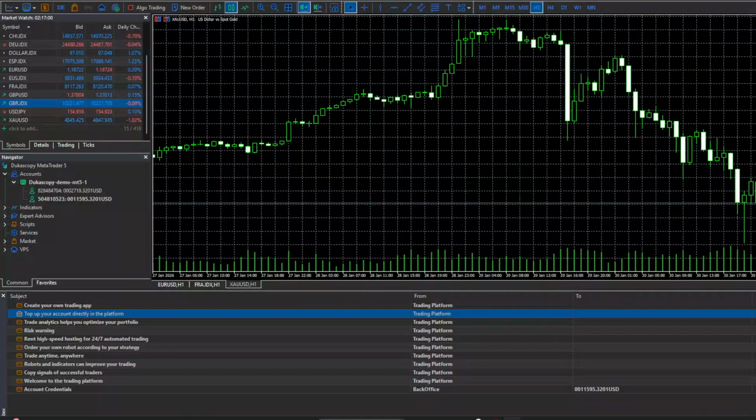Today's video, I'm going to teach you how to change server in MetaTrader 5. This is a really useful skill if you're switching brokers, moving from a demo to a live account, or simply need to connect to a different trading server for better stability or execution. I'll walk you through the full process in a simple step-by-step way, and you can follow along on your own